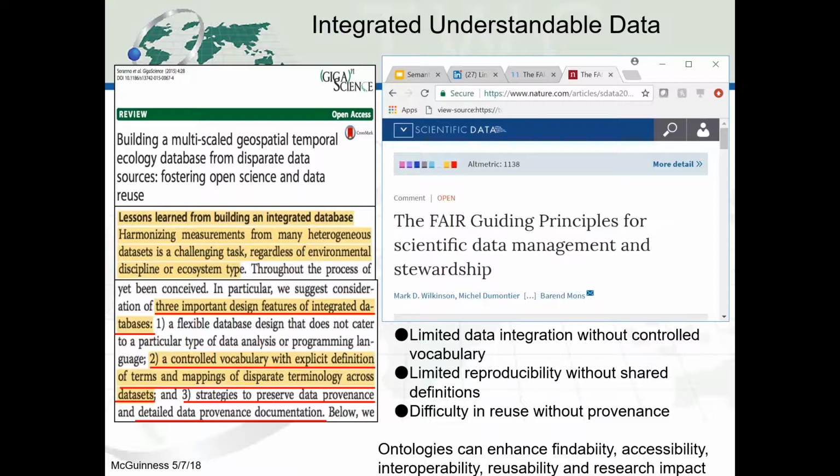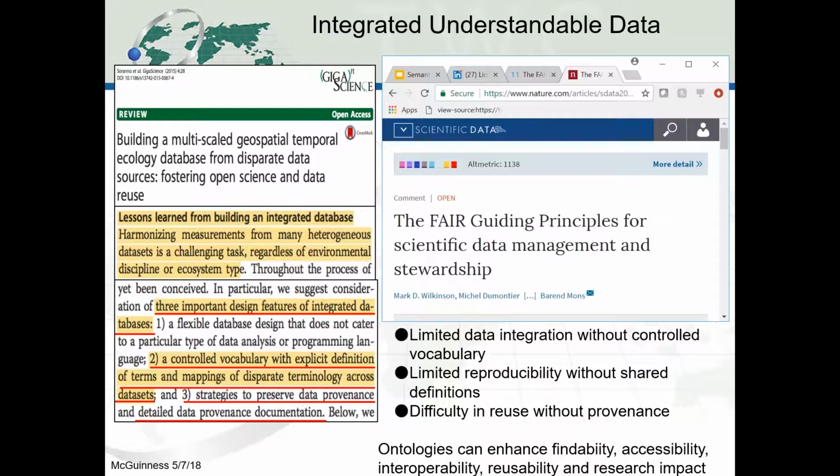The FAIR guiding principles talk about having findability, accessibility, interoperability, and reusability. And this article on the left is from a geoscience journal, but almost everybody I'm aware of is trying to bring data together and look at larger data sets to hopefully have more statistically significant pools.